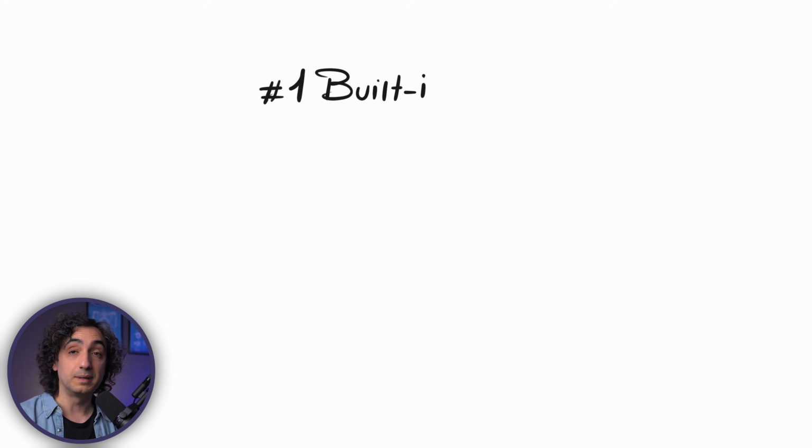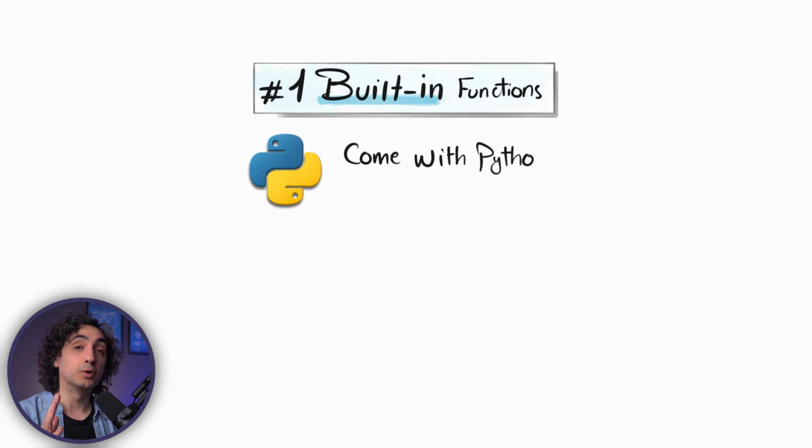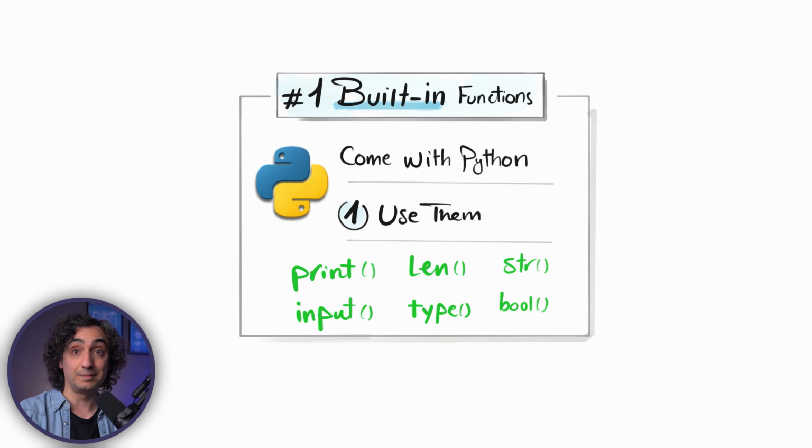So that means, my friends, there are different sources where functions come from. Let me show you what I mean. The first source of functions and the simplest one is the built-in functions, and that comes directly with Python. They are always there. You don't need to install or import anything. You just go and use them. We already worked with many of them, like print, length, type, changing the data types, int, string. We already use them a lot without thinking about it.